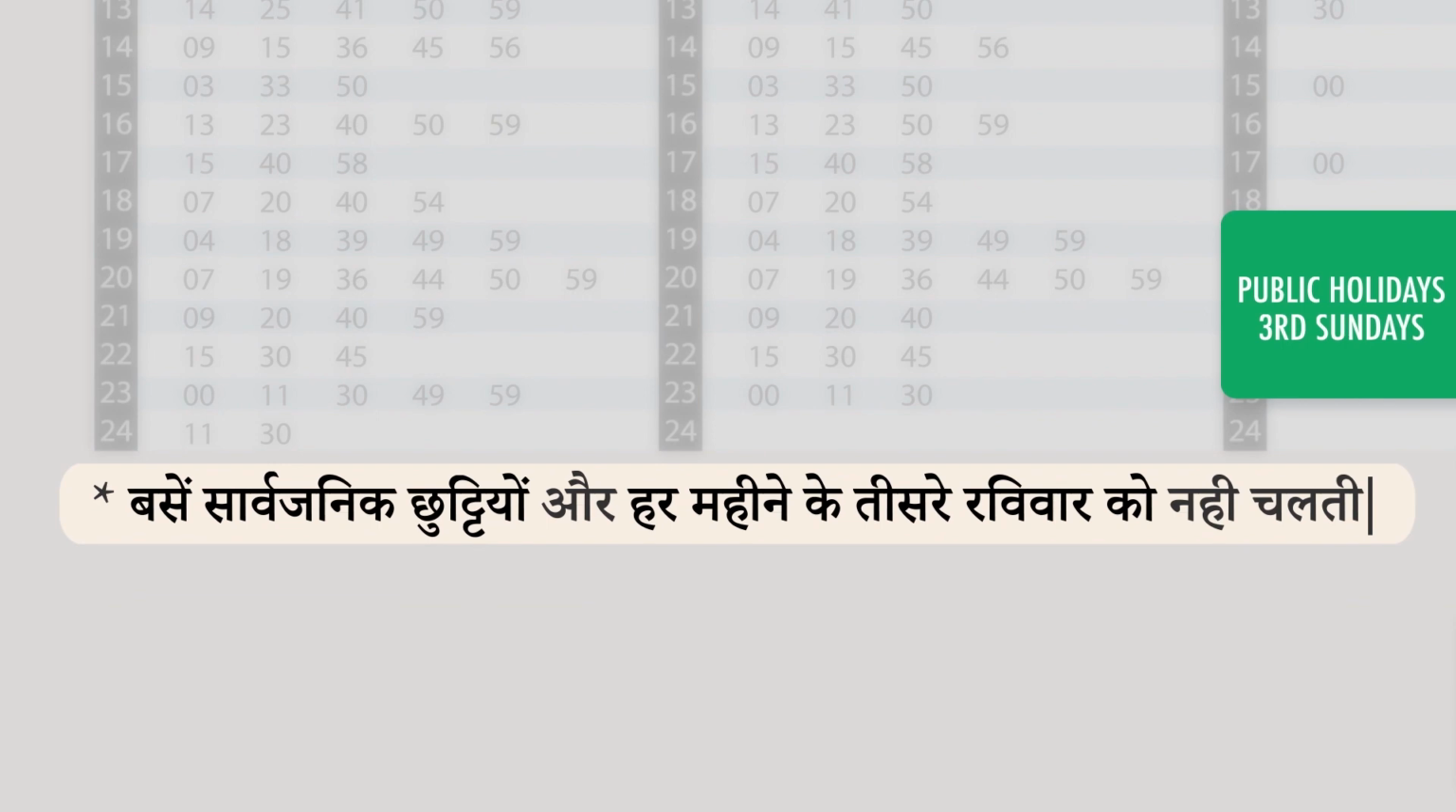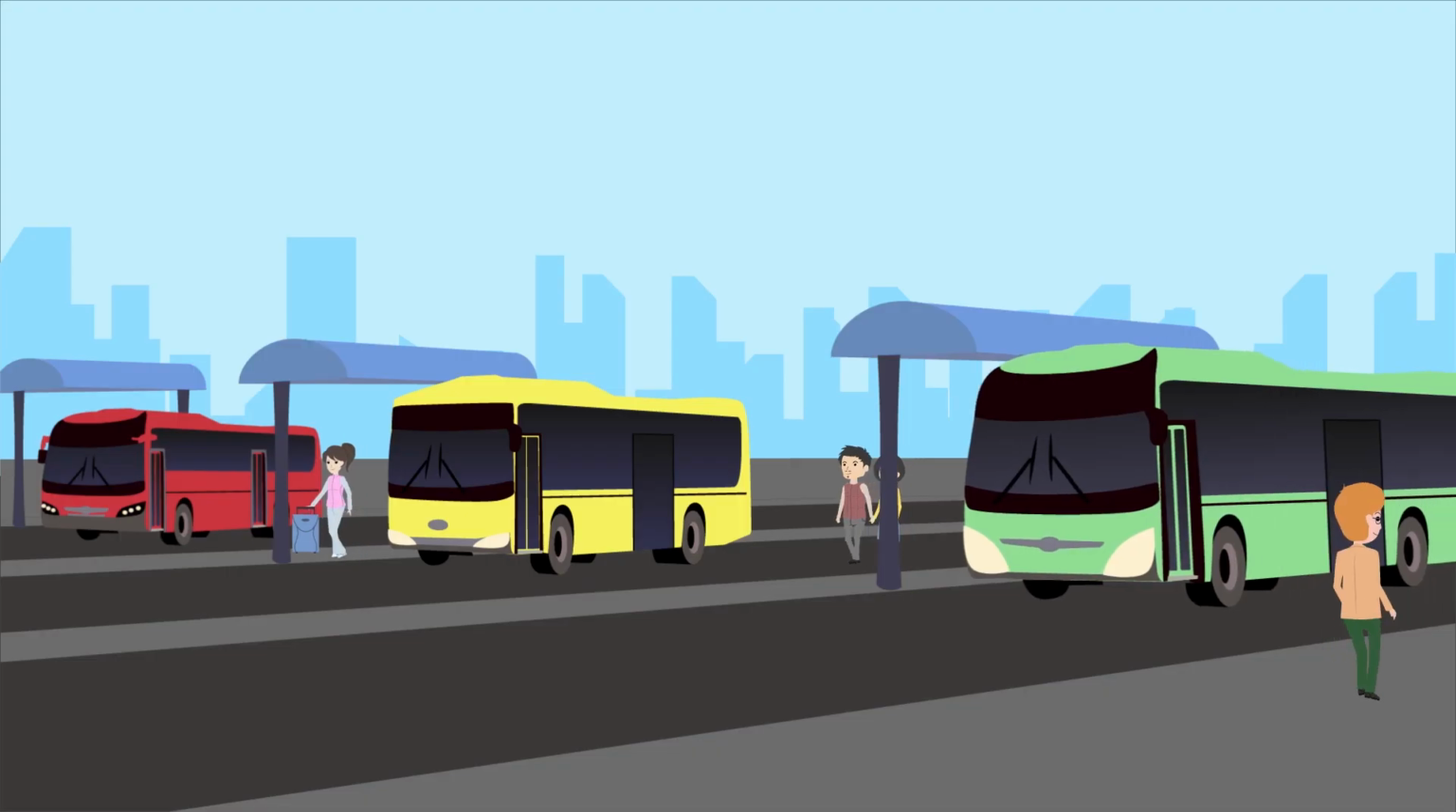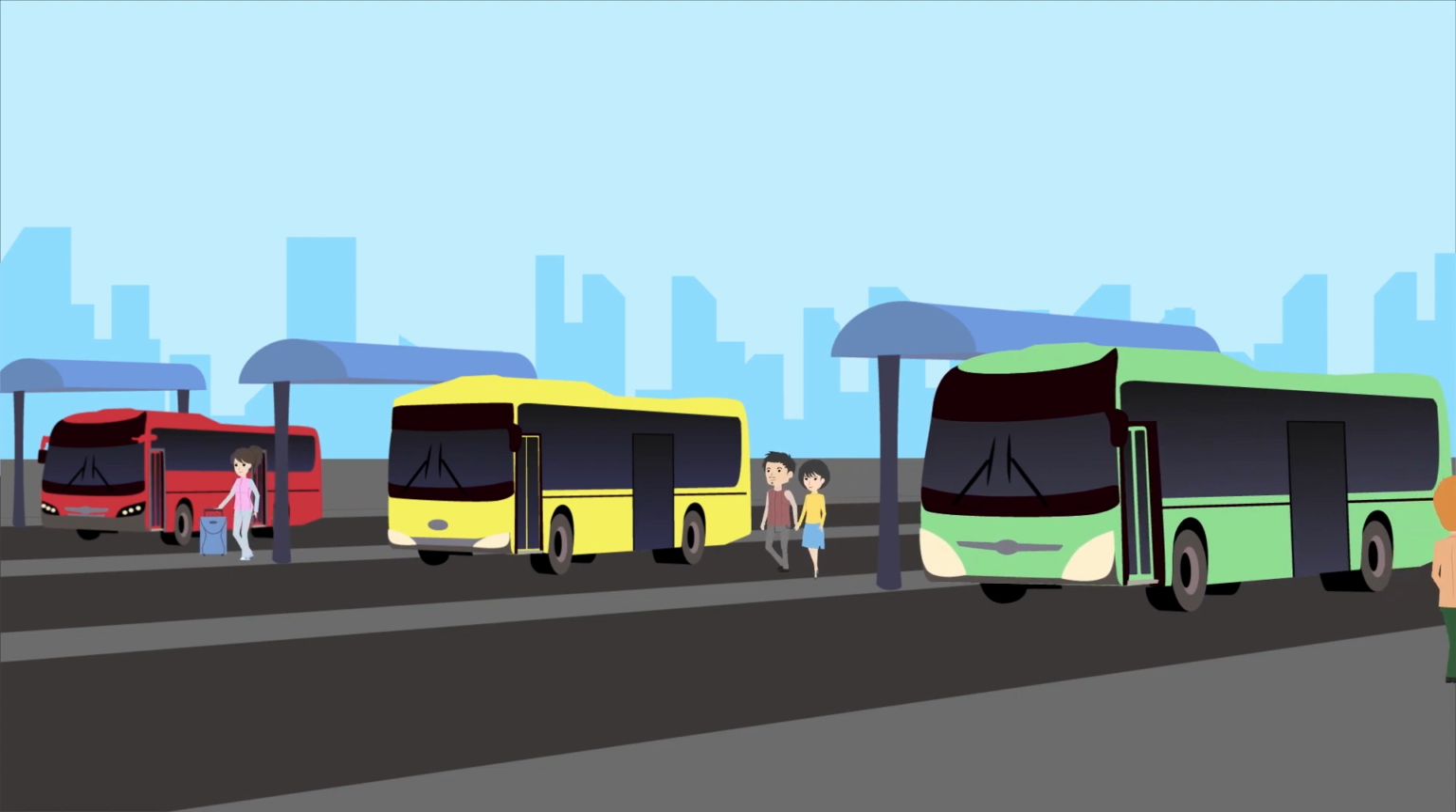There are no buses running on public holidays and the 3rd Sunday of every month. सार्वजनिक छुट्टियों हर महीने के तीसरे रविवार को। You are at a bus terminal where you're waiting for the 3:01